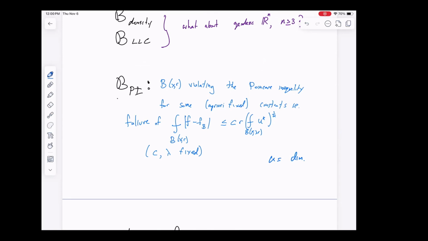What if k equals 1? Then, yeah, certainly not with too large an exponent, right? I think if k is equal to the dimension, you cannot expect any kind of LLC condition, right? Because you could glue things in principle along Cantor sets or something. Of course, this violates the manifold condition, but it somehow tells you that lower dimensional things could become a problem, right?